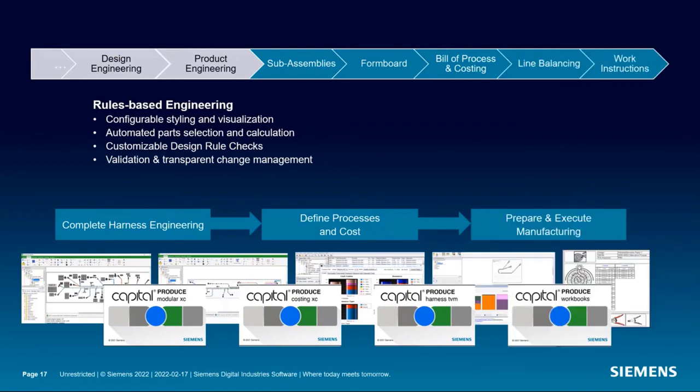The final stage of the process is the preparation execution of production. Here you will perform line balancing with the line balancing tool. You will save a lot of time and iterations. The system, taking into account workstations, material, and flow, will optimize your production line, leaving it in the most efficient